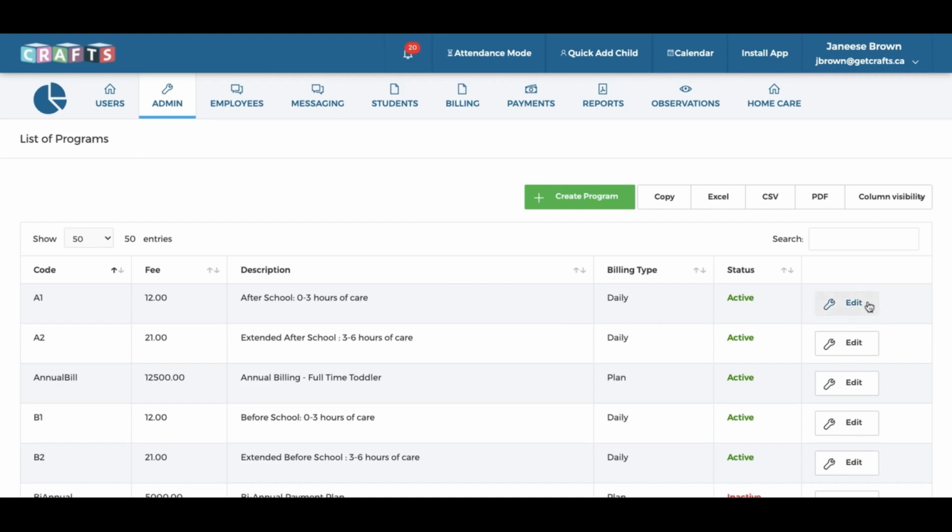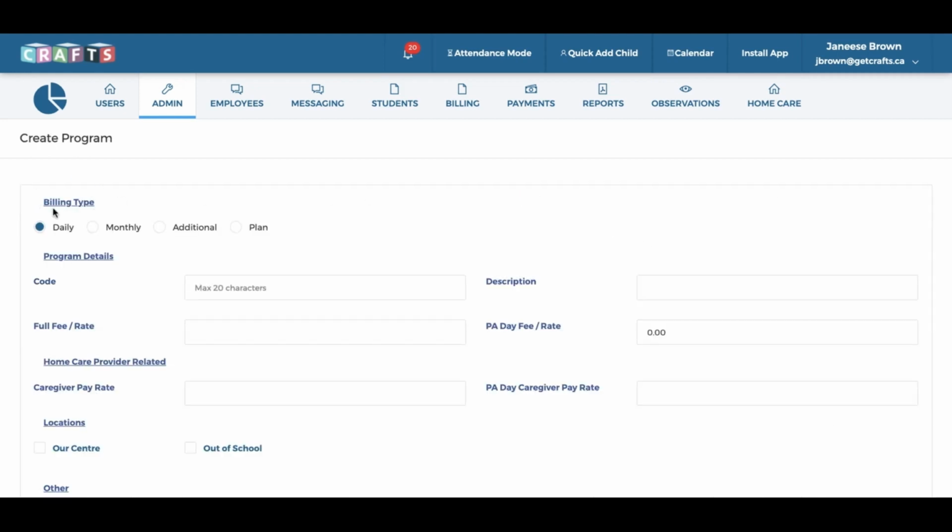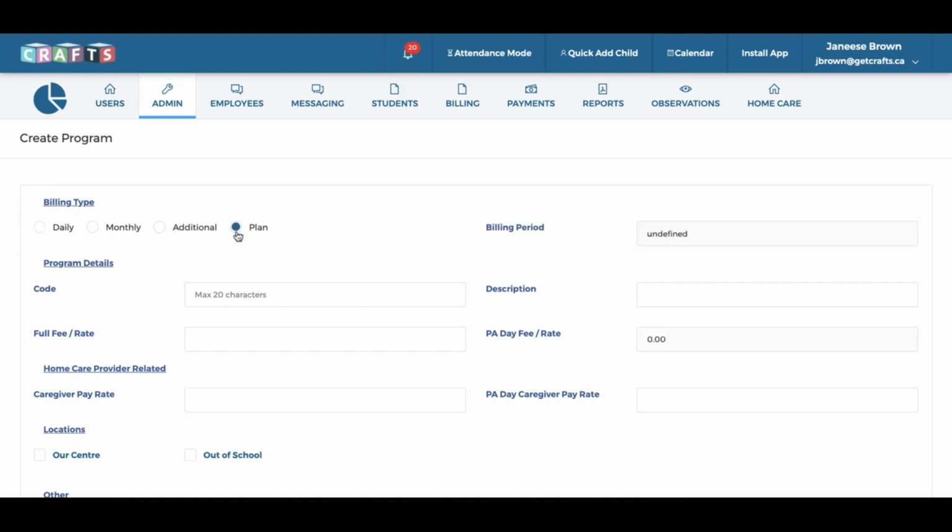To edit a program, change its billing cycle, adjust its fee, or change the status from active to inactive, select the Edit button. To create a new program, click on the Create Program button. Select the program's billing type, then enter the required information below. Enter the program's code, its description, its associated fees, the locations where the program will be available, and any other